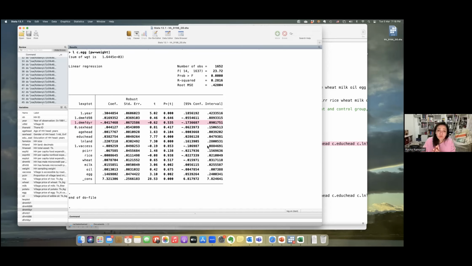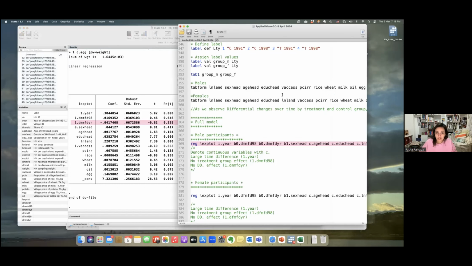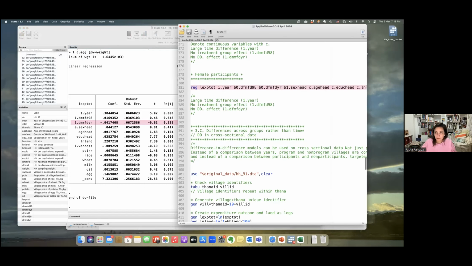So using a t-test, or simple regression, or the diff-in-diff with covariates or no covariates, we can conclude that having a male beneficiary of microcredit in the household would not affect the total expenditure per capita of the household. While if I run the regression again, but for female participants of the program,